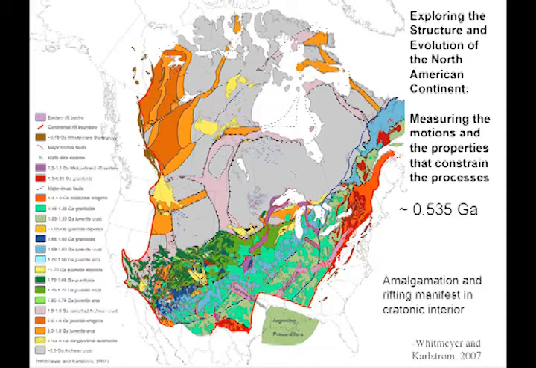This is a really spectacular paper and compilation of data by Steve Whitmire and Carl Karlstrom, showing the state of North America about half a billion years ago. You can see it's really all about time, and it talks about the amalgamation that is building the continent, but also the rifting that tears it apart. And so we need